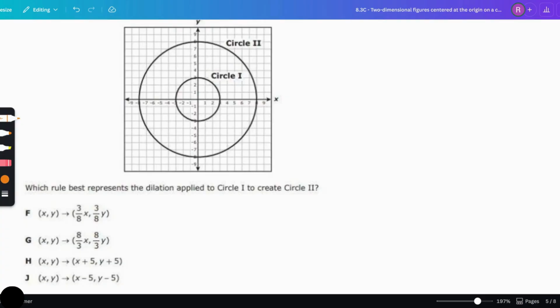So let's pick a point. Let's pick x comma y. But looking at circle 1, circle 1 is smaller than circle 2. So whatever we are dilating by must be bigger than 1. The scale factor, what we are dilating by, must be